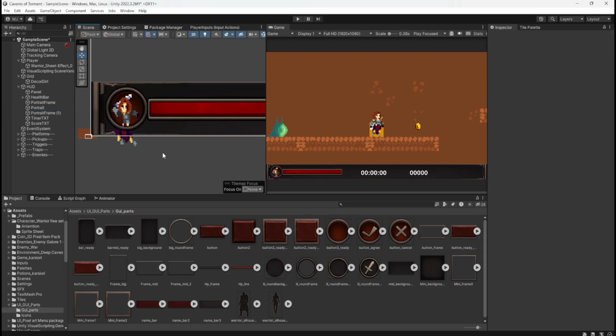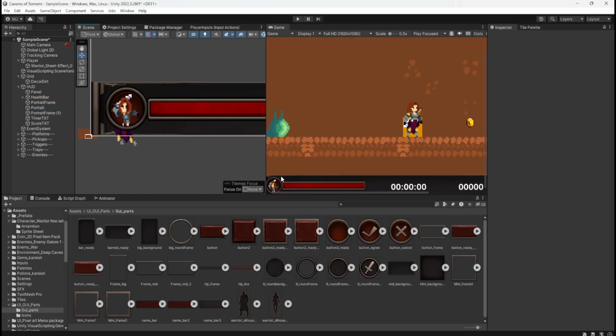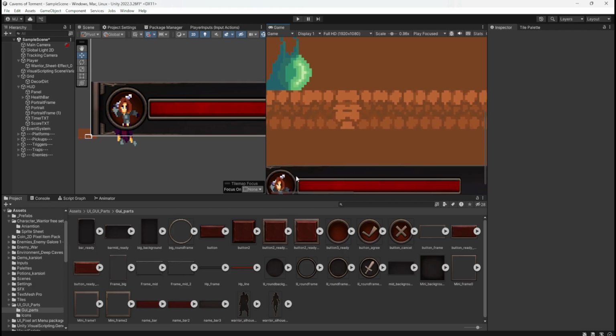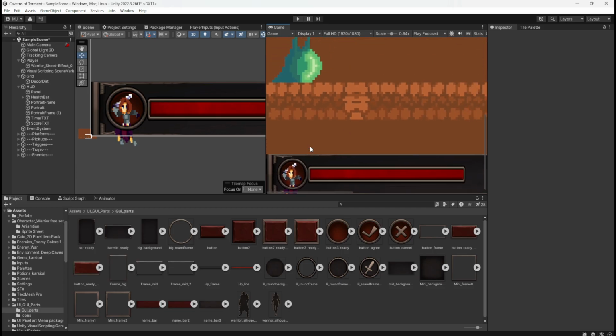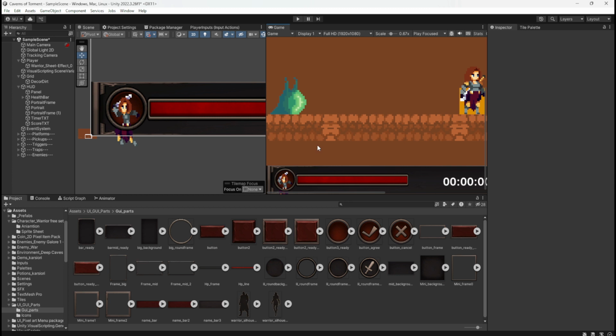Yeah, tricky, isn't it? The legs. It'll be so much easier just to crop off that body.